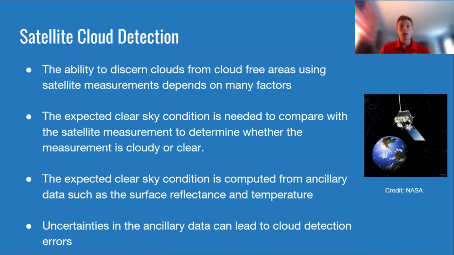So when the skin temperature and the solar reflectance are of a certain value, then we can assume that the skies are clear. But when these two values differ by a certain margin, we then assume that the pixel is cloudy. So when there are uncertainties in these data points, that makes for false cloud detection in the scene. Uncertainties in this ancillary data are amplified during the solar terminator, so it makes it very hard to detect clouds when the terminator is passing through.